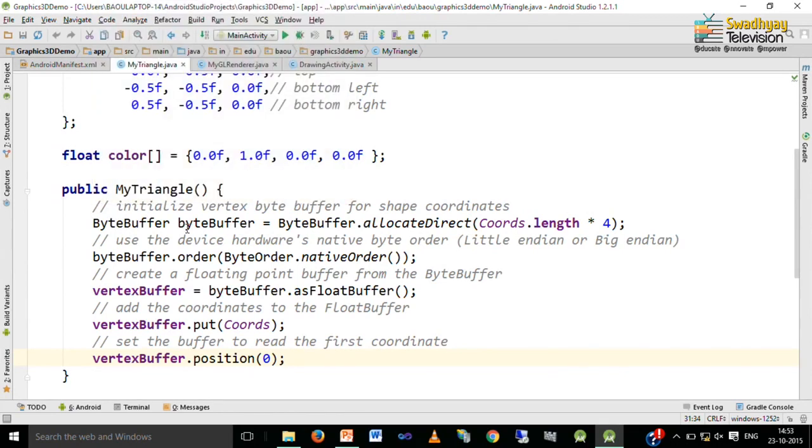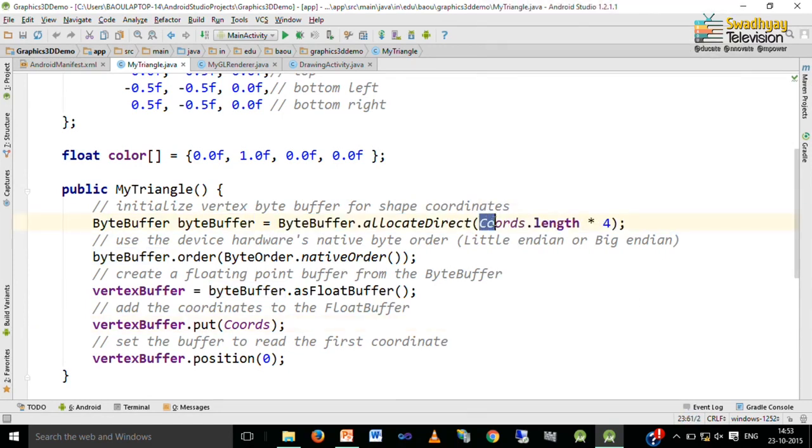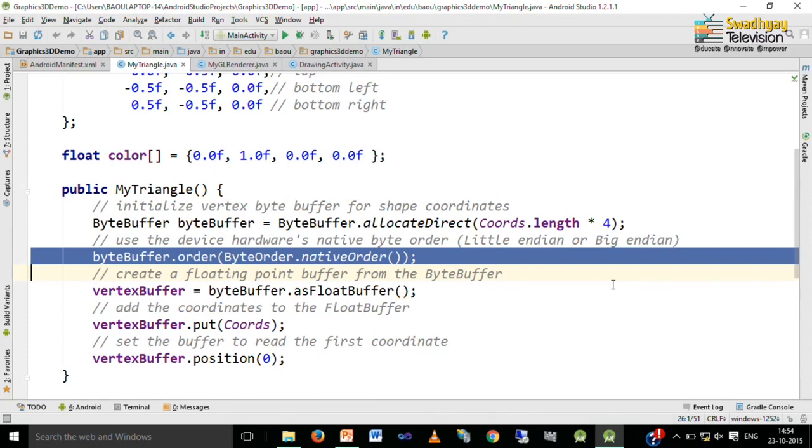Here we create an instance of ByteBuffer and specify that 9 coordinates of memory space are to be allocated and each occupies a float, that is 4 bytes. Then we specify the byte order for our buffer by using the order method. So, here I write ByteBuffer.order and inside it I write ByteOrder.nativeOrder.